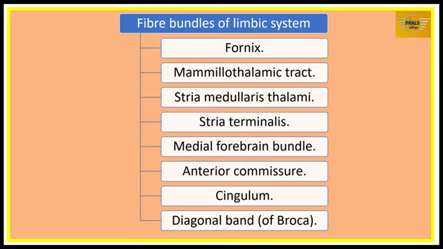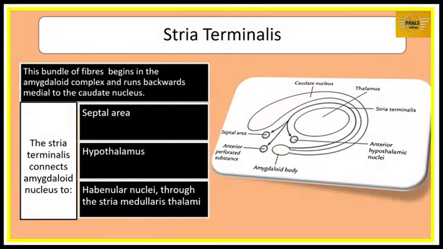We will look at the next part of the limbic system. And in this part, we'll be considering the fibers that actually connect the various cell bodies we have mentioned in the course of this lecture. We will take them one by one. Now, the stria terminalis. In the course of this lecture, we noted that the stria terminalis is the major efferent for the amygdala. This bundle begins in the amygdaloid complex and runs backward